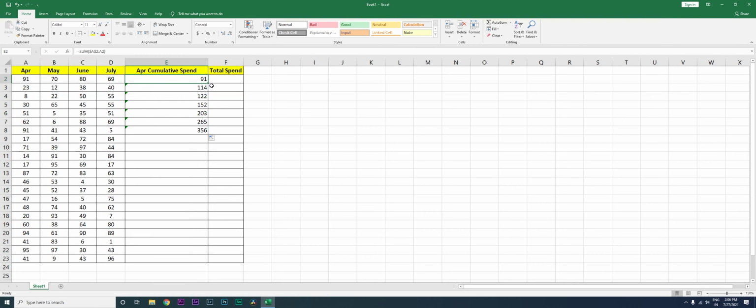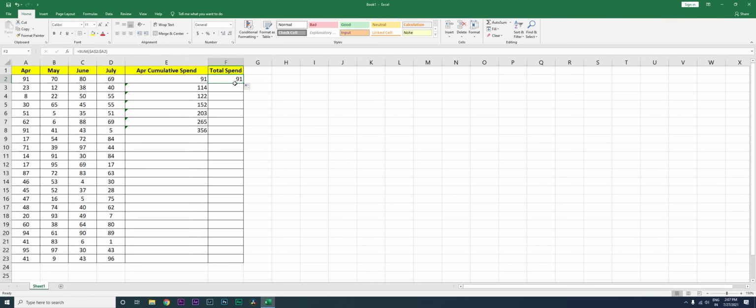Now let's say I have to drag this formula over here, will it work? It will not work, because it has now shifted to the next column, which is B2. But if you don't want the column to move, you want the column to remain right there, you come here and press F4 once. Your column and your row both are now frozen. You press F4 once again, now your row is frozen. You press F4 once again, now your column is frozen. And you press enter. Now let us drag this formula over here.